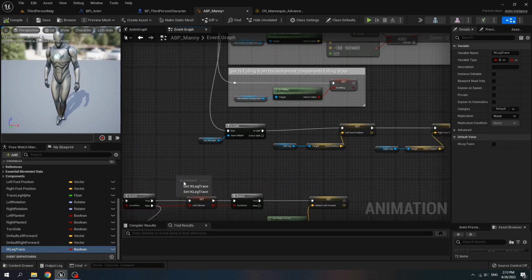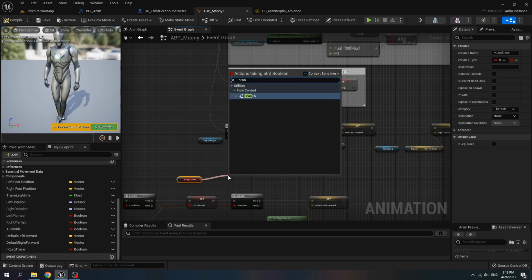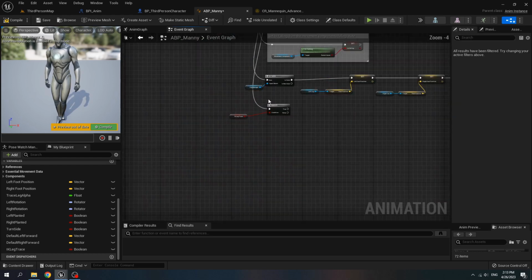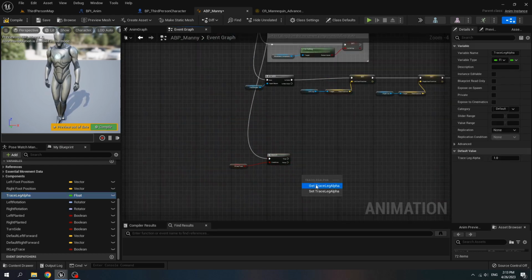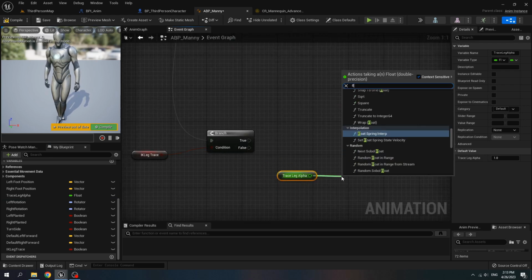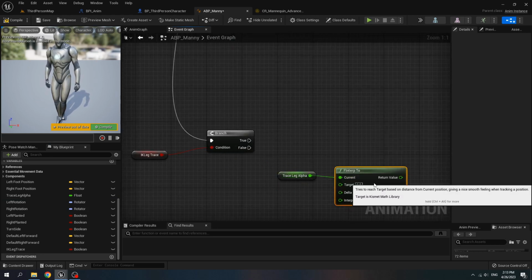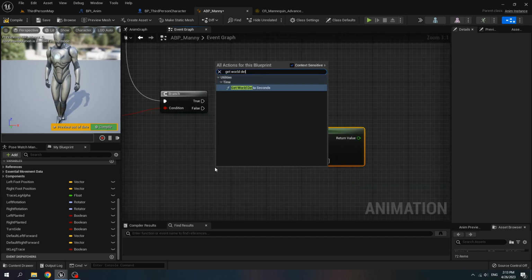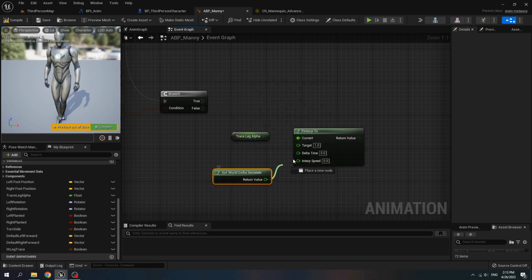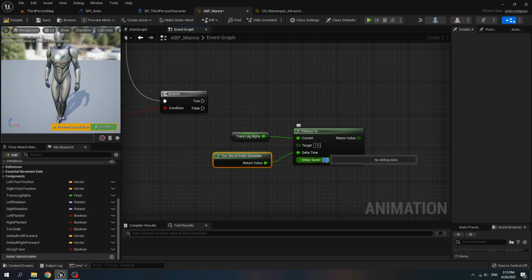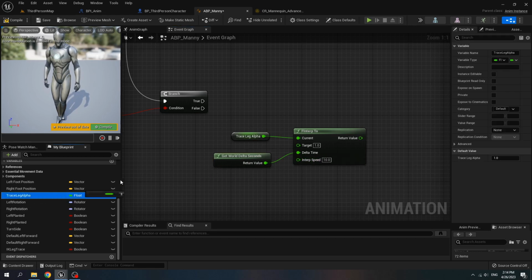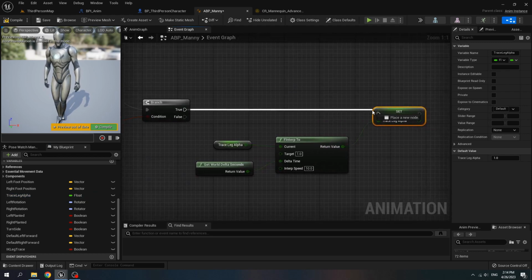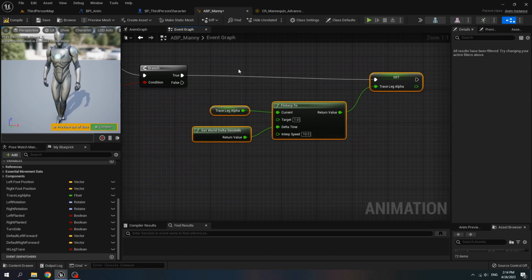Get IK leg trace, create a branch and connect the sequence to the branch, move this down, get trace leg alpha, call FInterpTo2 and target is 1, get var delta second, connect it to delta second, interp speed is 10, and set trace leg alpha, connect it to trace leg alpha, and if it's true, copy this, paste it.